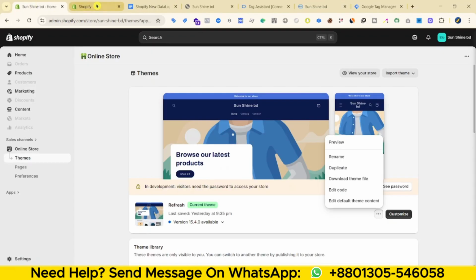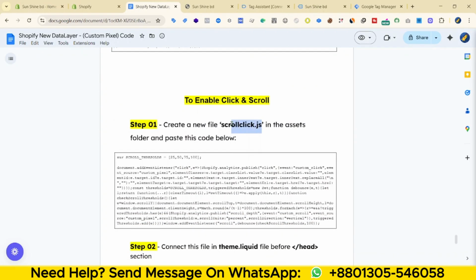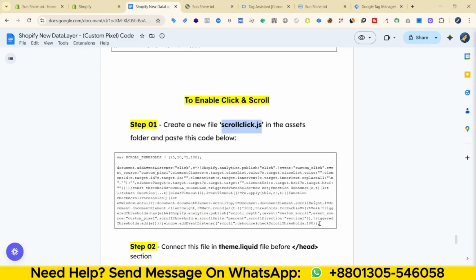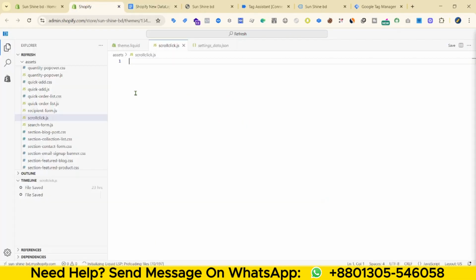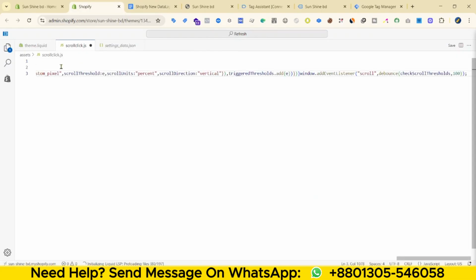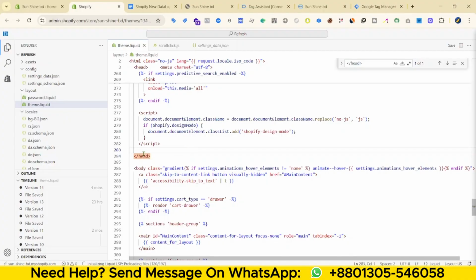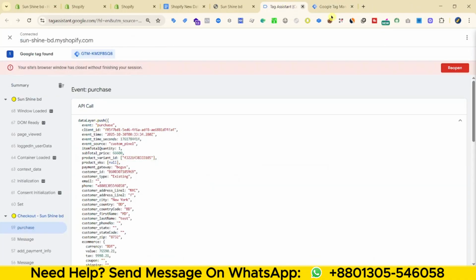To enable this, again we need to go to the Shopify backend, and from here go to themes, then click on the three dot icon, edit code, and from here create a new asset. Here is the assets. Create a new file, write the name. Now I need to copy this code and paste it here. Now save. Again go to theme.liquid, and before closing the head section I need to paste this code. Now save. If I preview the GTM again,